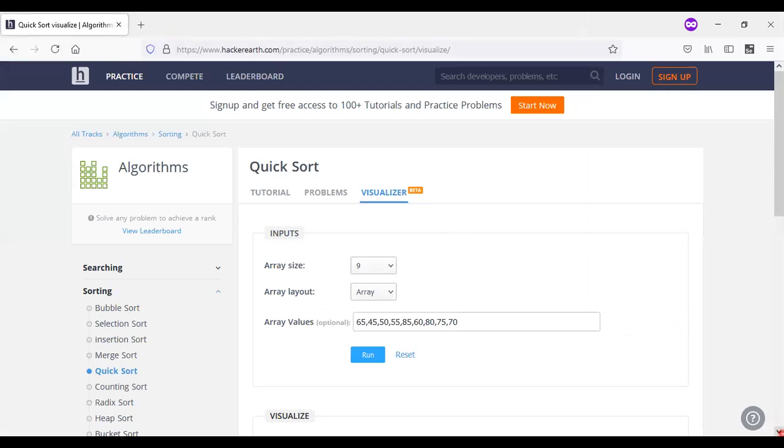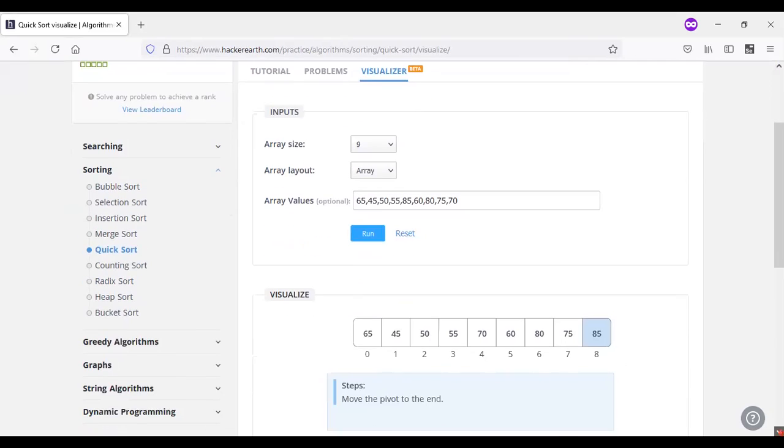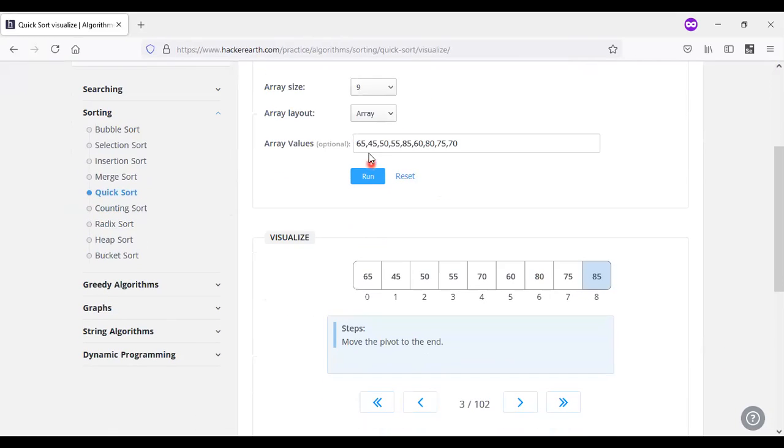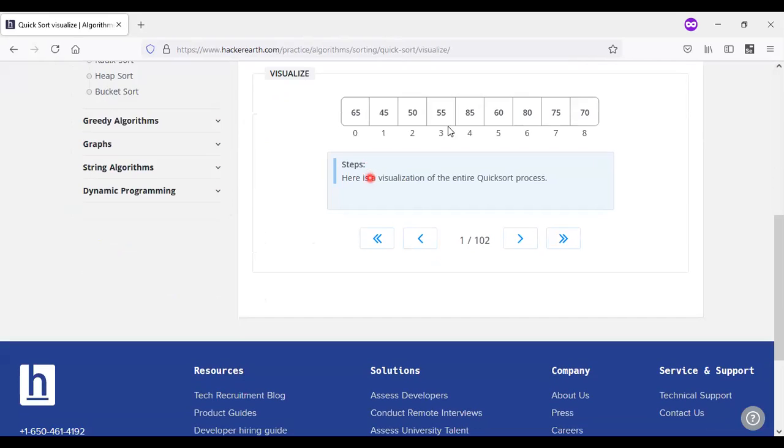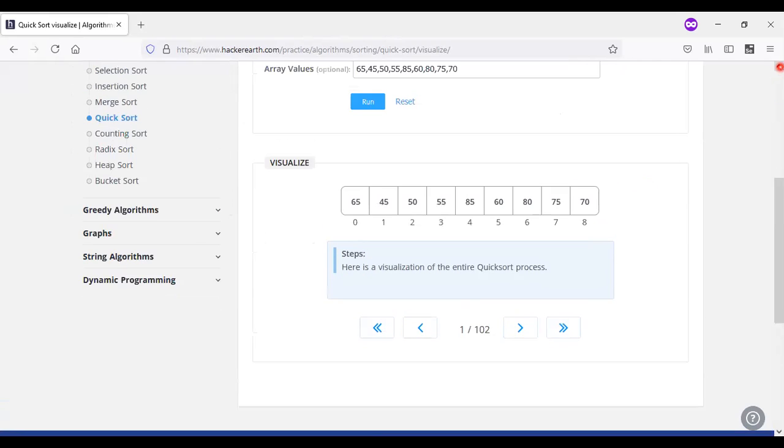So here I took an array. The array size I took here is 9. Up to 12 values we can take for the processing. And the layout of that one is considered as an array only. Since it's a quick sort, first we need to represent what the pivot element is. So first see the elements you have placed here. If you have an example, just place it in the chat box, ma'am.